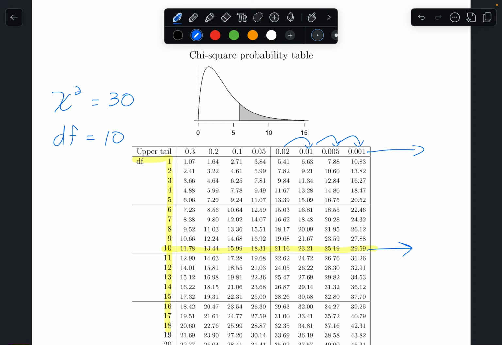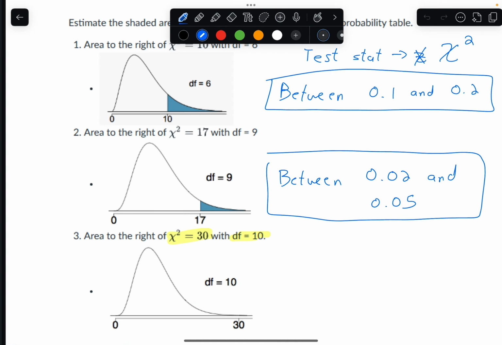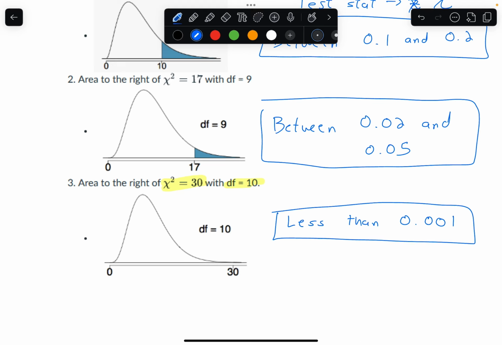So all I can say about my area, or my p-value in this problem, is that it is less than 0.001. So hopping back to my problem, all I can say is that this area, this p-value, is less than 0.001. So again, in all of these types of problems, we're